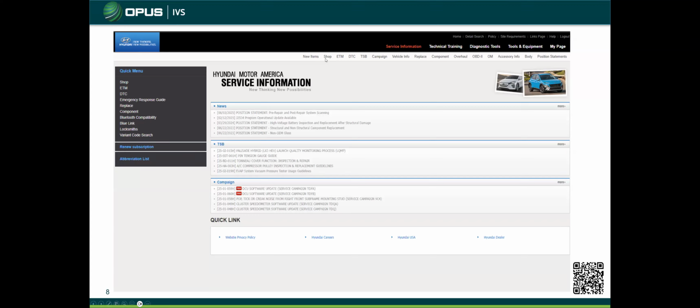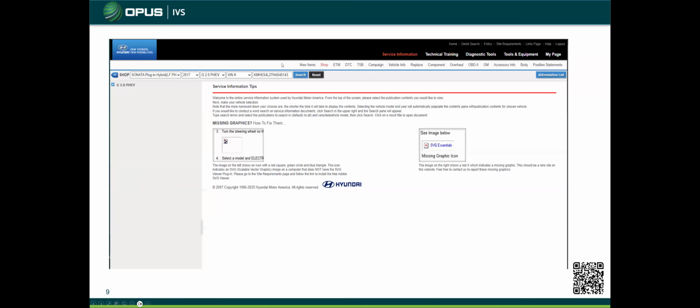If you click on Shop right up here at the top, it will bring up a window where you can copy and paste the VIN number. This VIN number will decode the chassis, the year, make, and model, and what type of vehicle. For example, this is a plug-in hybrid electric, and the engine. From here, you can go over the top menus. New Items will bring you back to the main page. That'll show you anything that's new coming out for Hyundai, like current model year 2025 intro stuff,